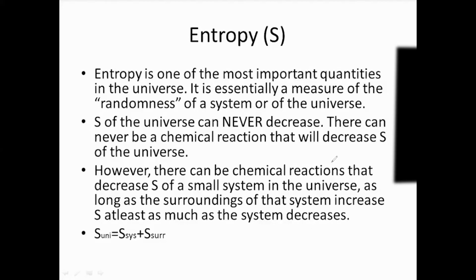So if there's this big circle, and this big circle is the universe, it's everything that exists. The system is the small square inside the universe that we are observing. The surroundings is all of this shaded region outside of the system, but inside the universe, that we're not observing, right?